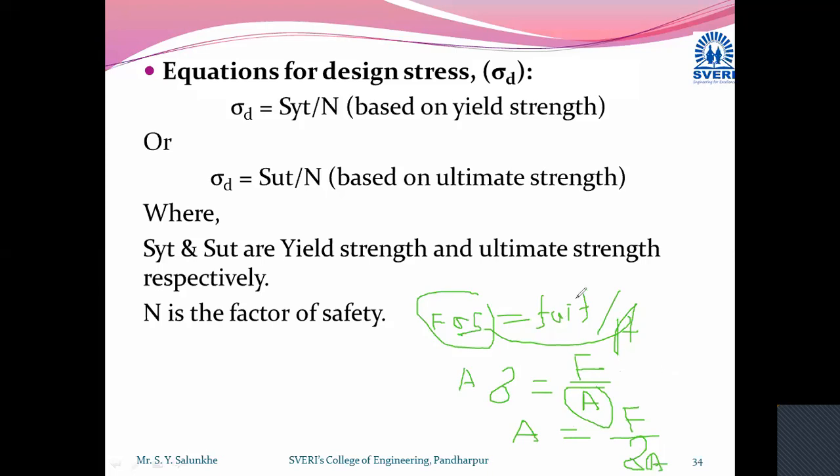But when we consider these failure stresses, here also one more concept comes into the picture, and that is called design stresses. Instead of these actual failure stresses, if we consider the design stresses, which means nothing but the limit above which we are not going to take the failure stresses. For that, once again, if you see,